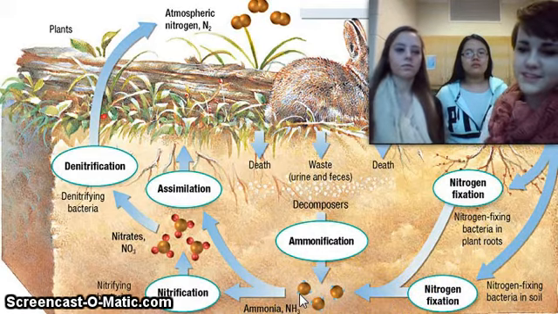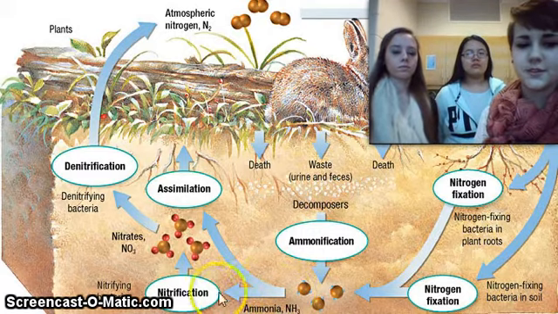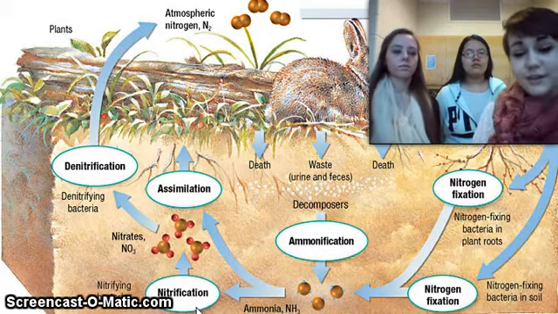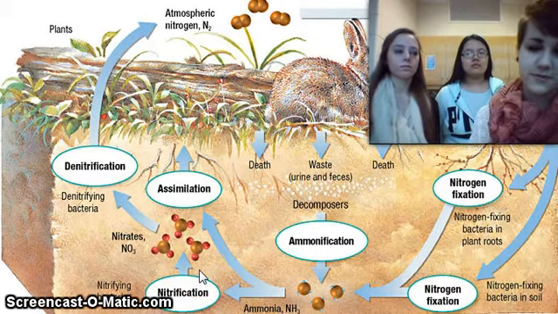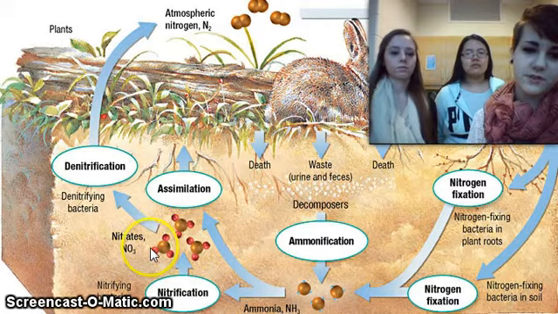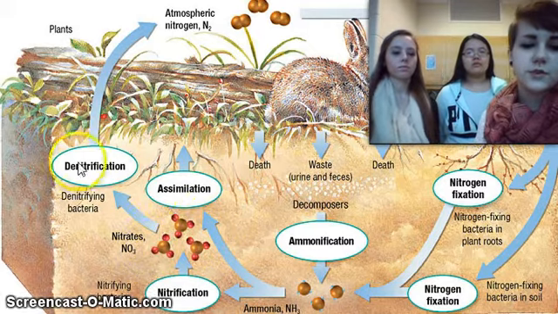But plants can't use ammonia either, and neither can humans. So it goes into nitrification, which is where it first gets changed into nitrites, and that can't be used by anybody either, except for some bacteria, like Lynn said. And so it goes into the form of nitrates through more bacteria, and then one of these things will happen.